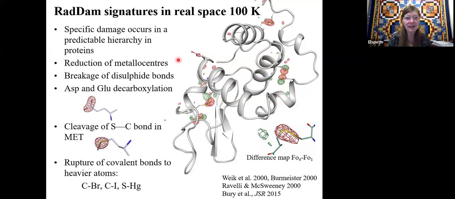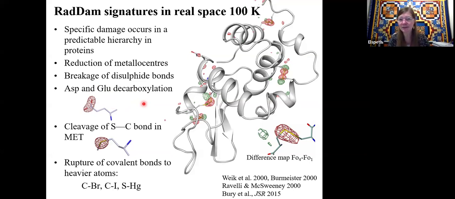So what's interesting here is that if it was just in the order of the cross-section of the atoms to the X-rays, then we would see the breakage of the disulfide bonds, then the sulfur-carbon bond breaking, but we don't. We see this, and that means that there's definitely something mobile even at 100 Kelvin. And this is the electrons, which can quantum mechanically tunnel around the structure, and also a bit of thermal energy